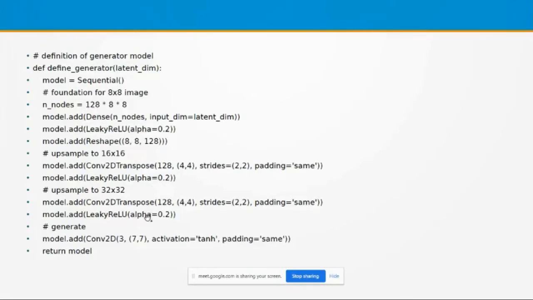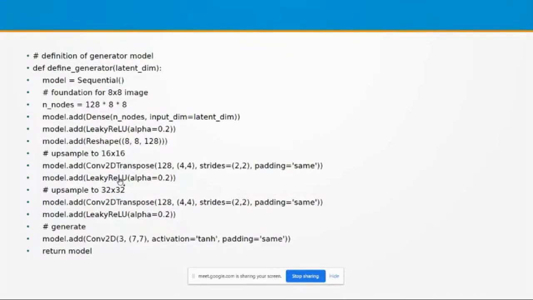You can change the number of filters here; instead of 128 we can use 512 or 64, no problem. Then strides 2 by 2, padding is equal to same, then model.add LeakyReLU alpha is equal to 0.2.